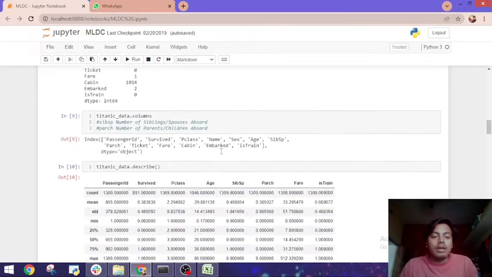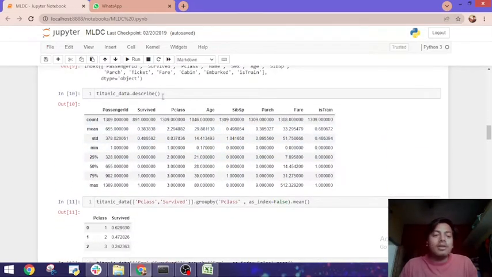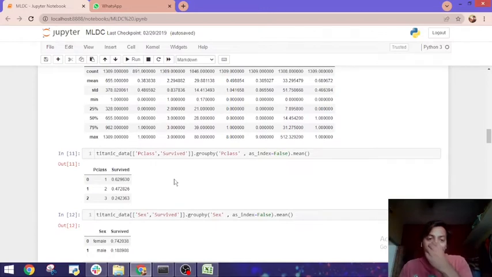Okay. Then this is a normal describe function in which you get to know the count, the mean, standard deviation, minimum, maximum, the percentile values 25%, 50%, 75%, and these kinds of values regarding the data. Okay. Now what I'll try to do is see which of the features are impacting my dependent variable. Okay, so first I analyzed Pclass,